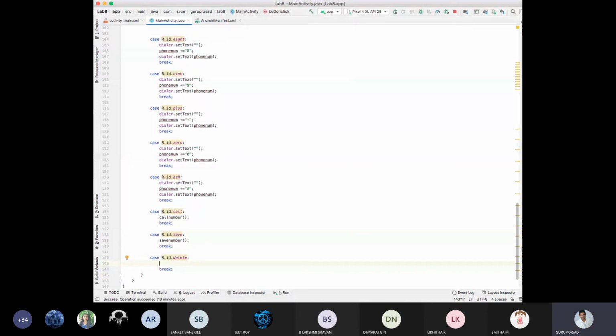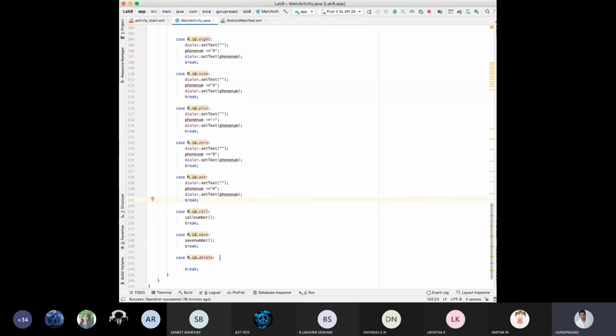For case delete, it is one tricky thing. For case delete, dialer should be initially null. Dialer should be null if my phone number is not equal to null.